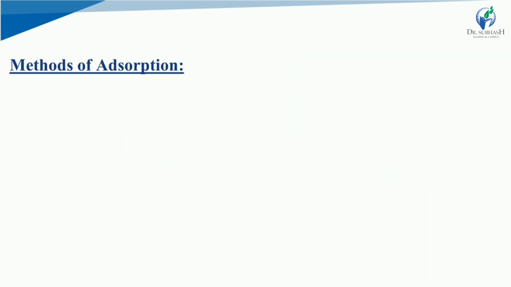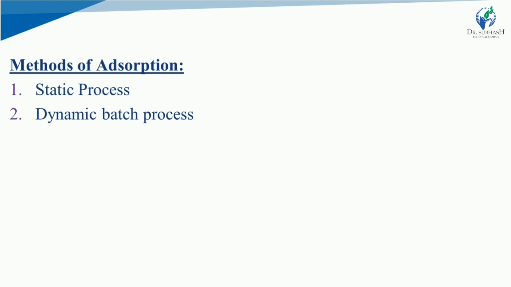Now, there are different types of adsorption methods. It is not as simple as it sounds. The first method is the static process. This is the most efficient technique but requires maximum time for immobilization to the carrier, by allowing the solution containing enzyme to contact the carrier without stirring. In this technique, you immobilize the carrier by allowing the solution that contains enzyme to have contact with the support system. So this is the static process. Second is dynamic batch.